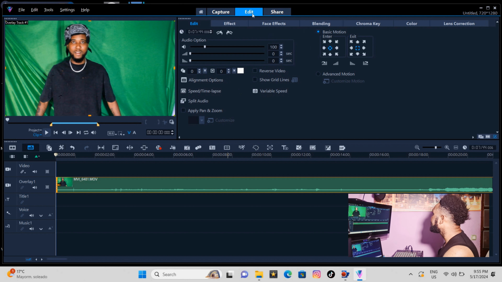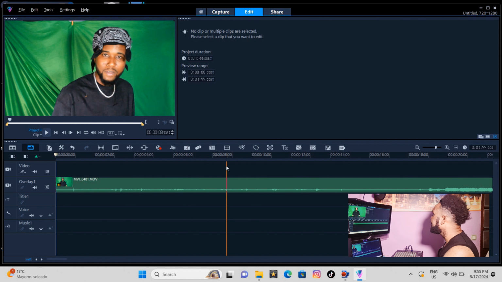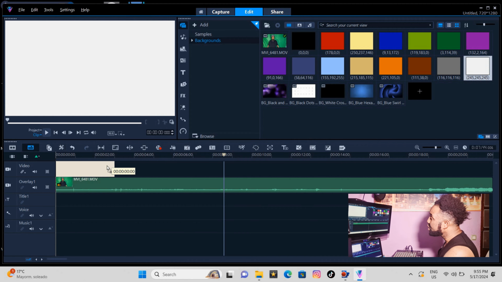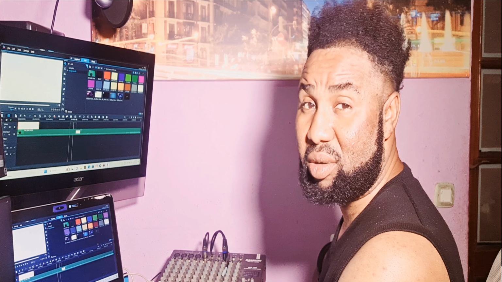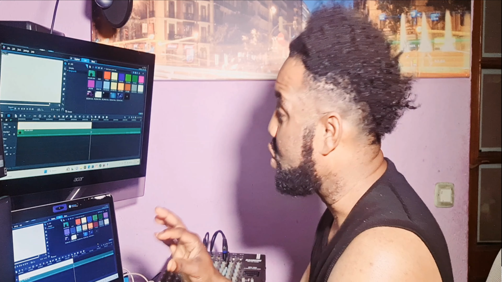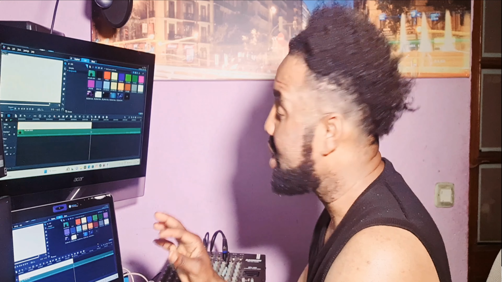Now the next thing you have to do is click this editing again. Then you click editing. White background is always good for green screen whenever you are changing green screen, to know how it looks, because a white background will bring out everything, the noise, any stain. That's the reason why white background is very good before you use the main background that you are going to use. But first, you use a white background.